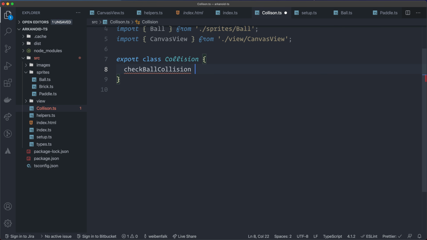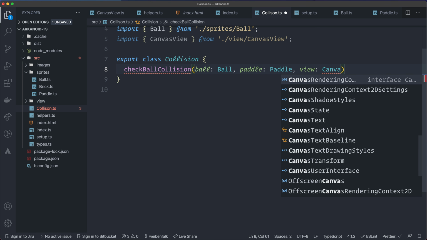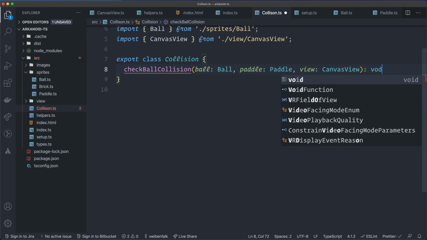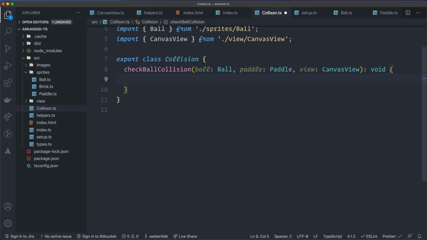Collision like this. It's going to take in the ball. It's going to be of type Ball. It's going to take in the paddle type, and it needs the view. And it's going to be of type CanvasView. And it's going to return nothing, so we specify it as void. Right? So first, one, check